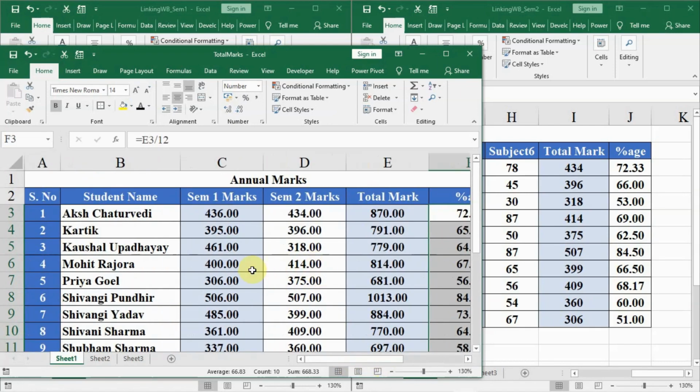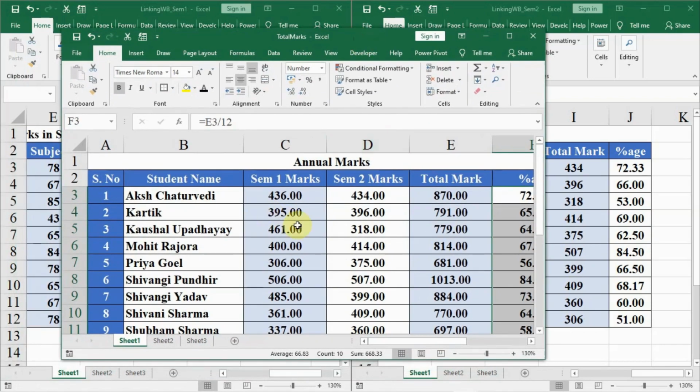Now we can save these files. The key is that you have to save these files in whichever location is convenient to you, and they may be in the same location. For example, at this time I have all my 3 files on the desktop. You can save these 3 files anywhere in the system, but after saving and creating these links, you should not change the location. Once you change the location, then you have to update the links also, as we did right now to create a link.